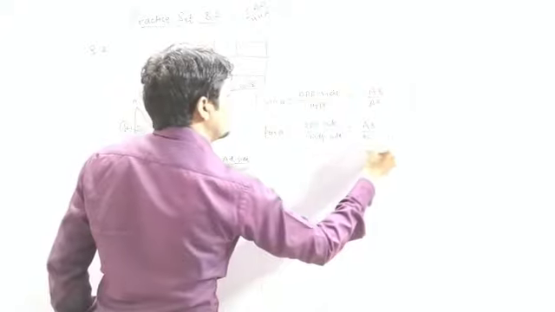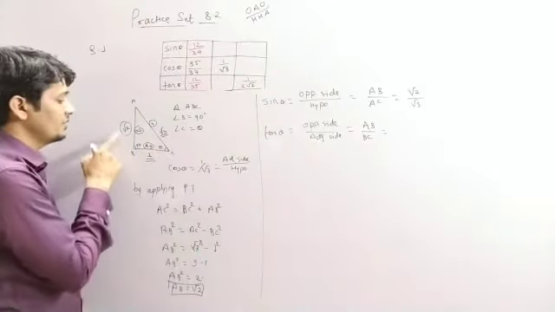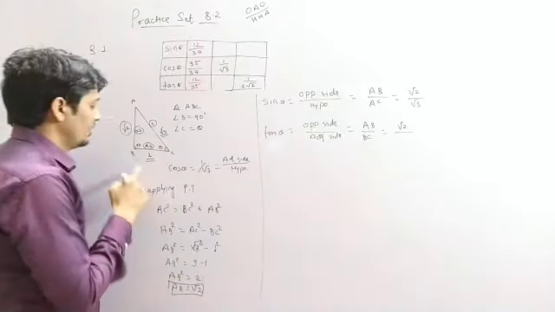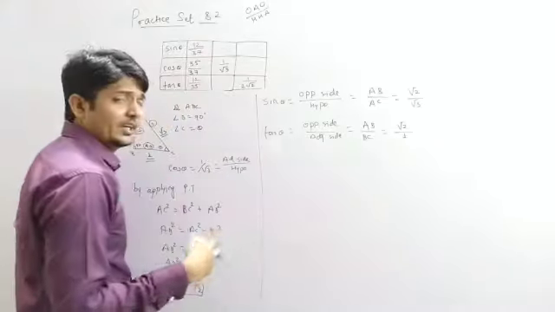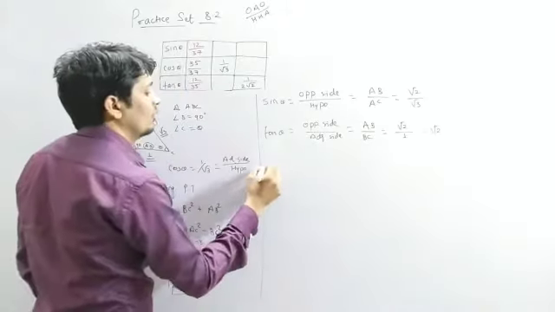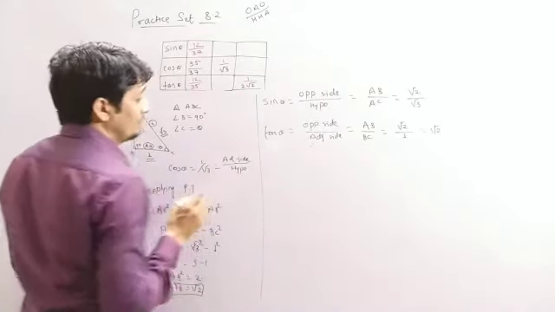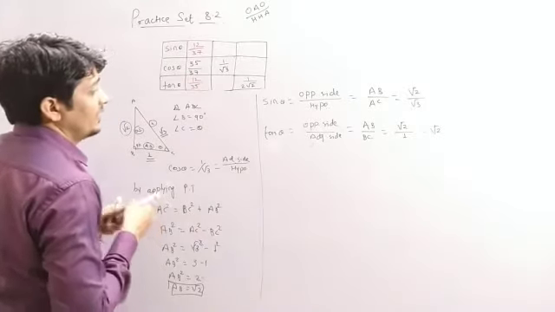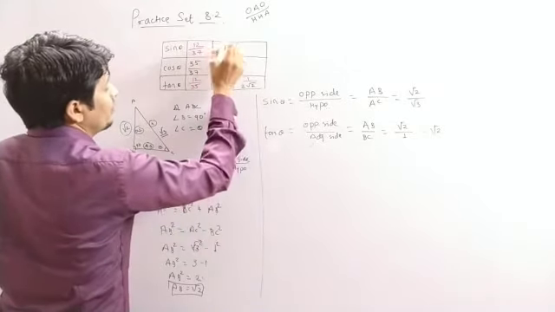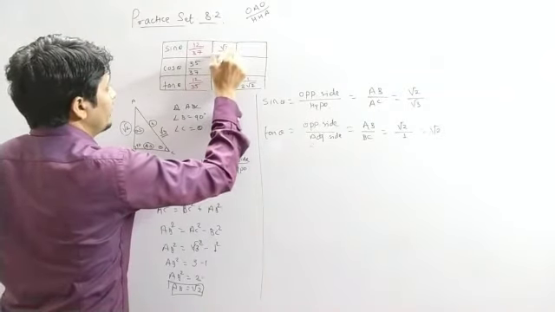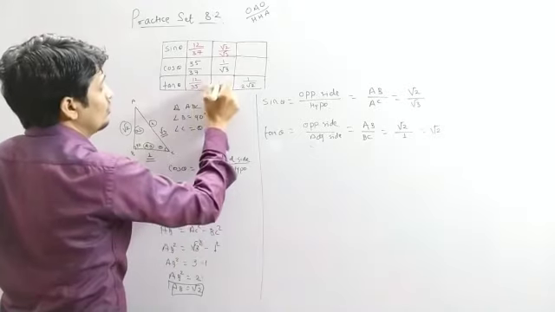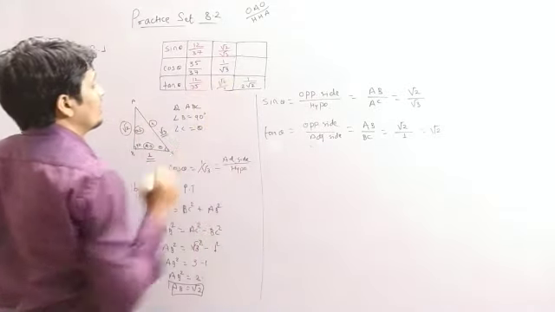So we have to write BC here. The value of AB is root 2, so we write root 2 here, and BC is the adjacent side, which is 1. So root 2 divided by 1, or you can say root 2. Okay. Therefore we got the answer. So we have sin theta equals to root 2 divided by root 3, and tan theta equals to root 2 divided by 1.